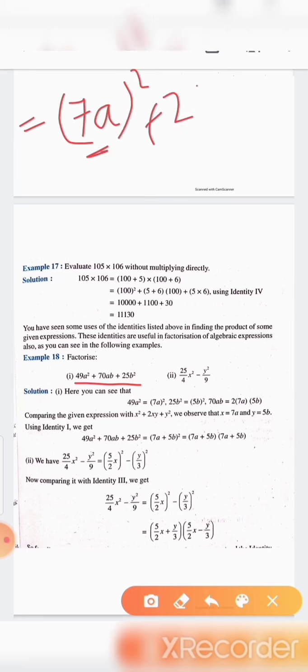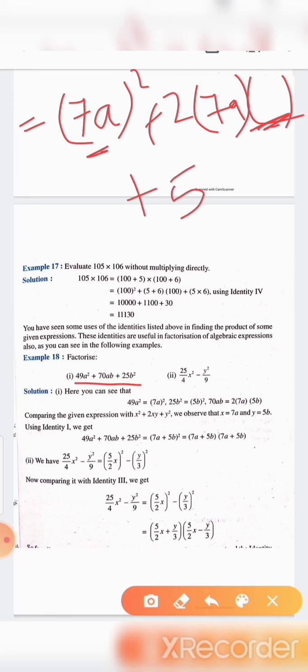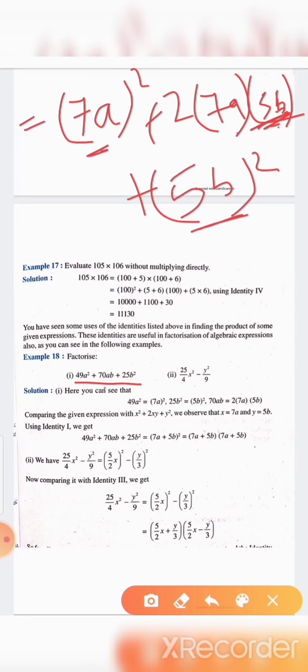The first term is 7a, so we multiply by 7a, but we don't know the second term, so we write a blank bracket, and then the last term is 25b square, and 25 is 5 square, so 5b whole square. So our last term is 5b, so x square plus 2xy plus y square,